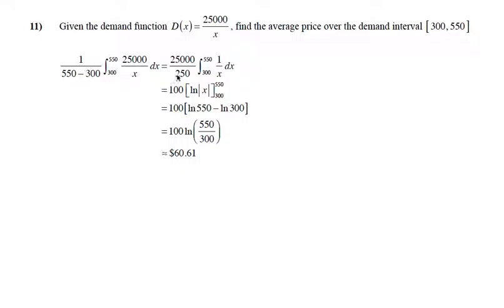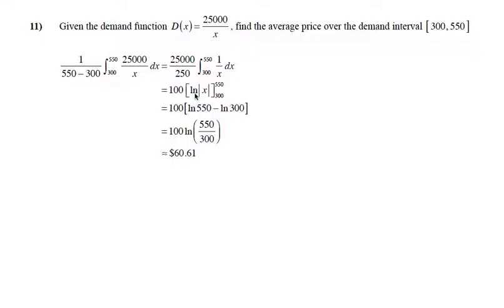550 minus 300 is 250, and then I have factored this 25,000 out, which is one of the properties of integration. We're allowed to do that. If there's a numerical factor that's common to all terms, we can factor it outside the integral. And so that leaves us with 25,000 over 250 times the definite integral of 1 over x from 300 to 550. 25,000 over 250 reduces to 100, and the antiderivative for 1 over x is the natural log of x,